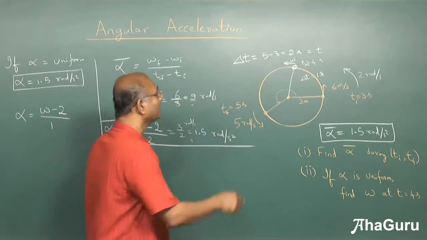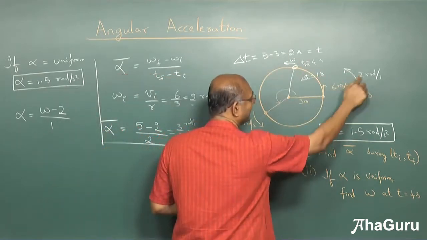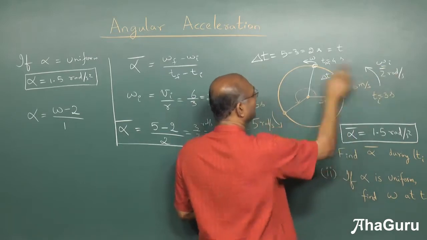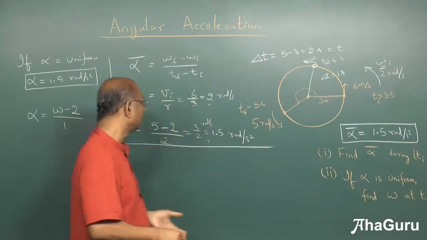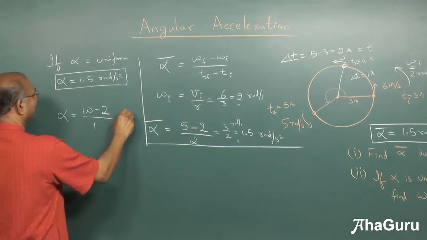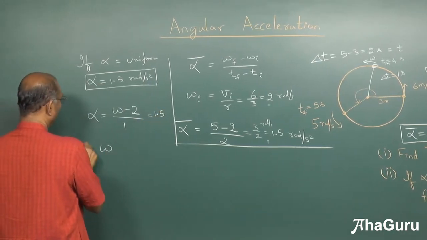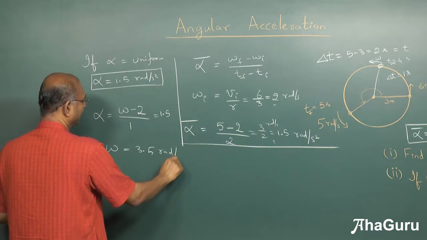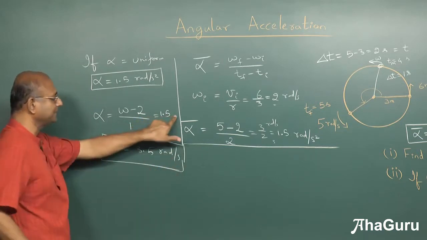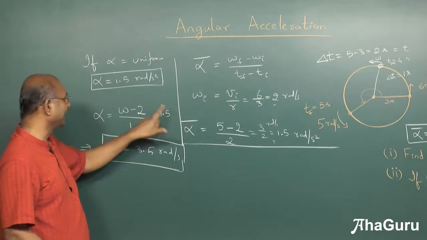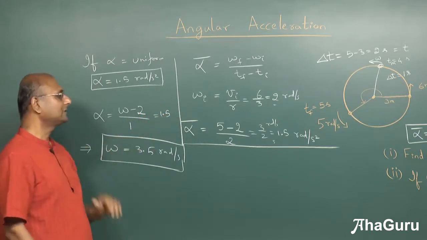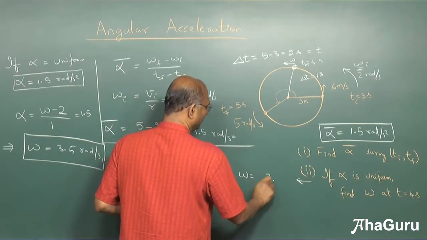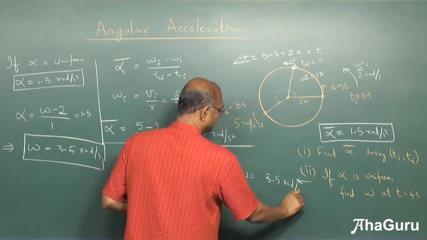And so what is the omega there? Omega there minus omega here. Omega here is 2 radians per second. This is omega initial. So omega final minus omega initial by time must be alpha. So this must be alpha, but I already know alpha is 1.5. So that means omega must be 1.5 plus 2, which is 3.5 radians per second. Why radians per second? This is radians per second square into 1 second. We'll make it radians per second. Plus 2, of course, also in radians per second, is 3.5 radians per second. So the answer to this part of the question is omega is equal to 3.5 radians per second.